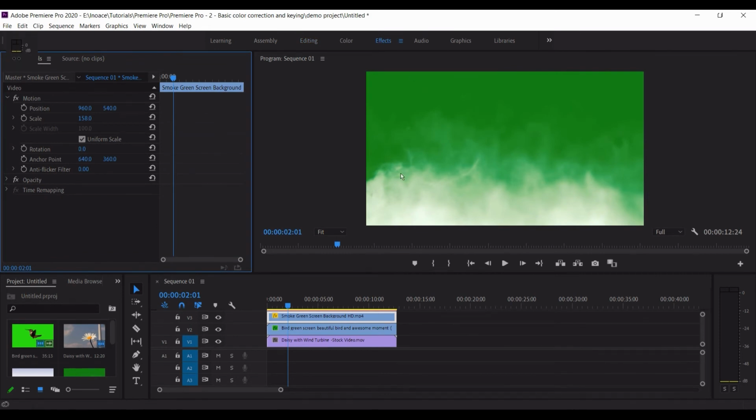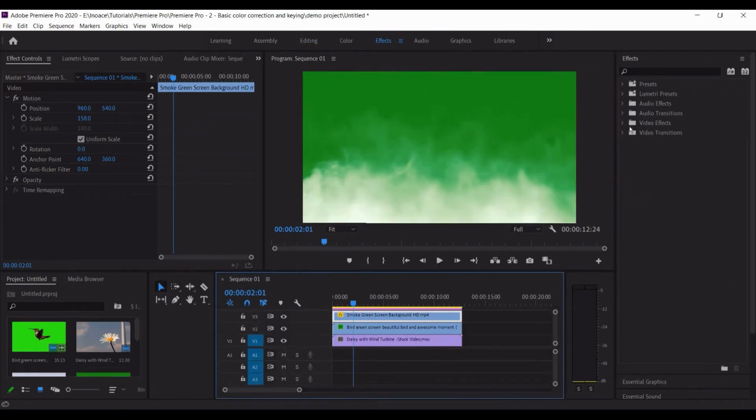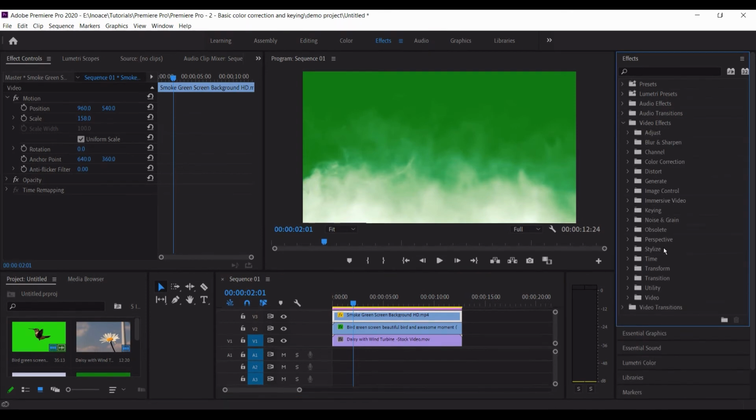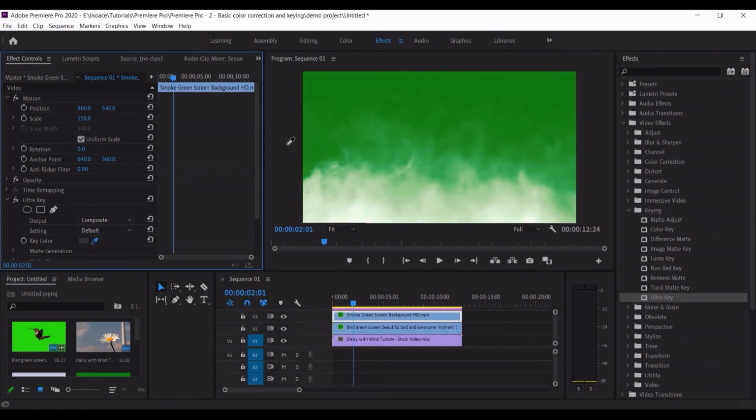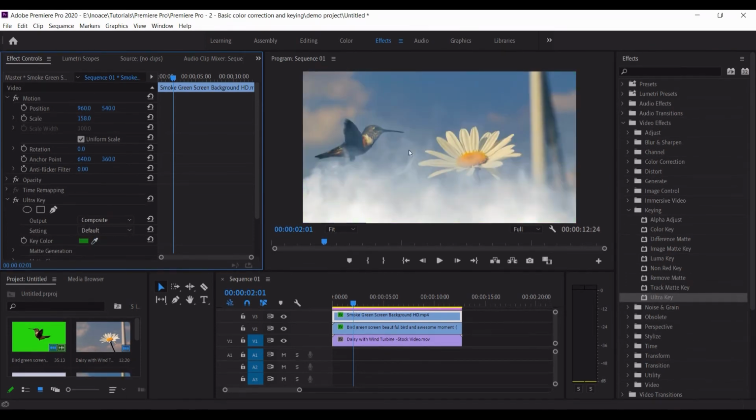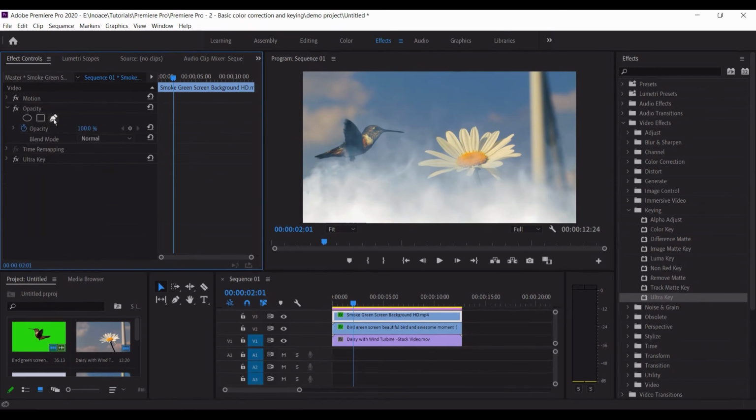And let's go back into effects and apply another ultra key, video effects, keying. You can also search it on the top, and ultra key. Let's drag and drop this time, and on our left side we are going to use the eyedropper tool and select the green color. Now it has successfully removed the green color from the smoke footage. Now we are going to reduce the opacity as per your liking. I am going to make it very less opaque, and